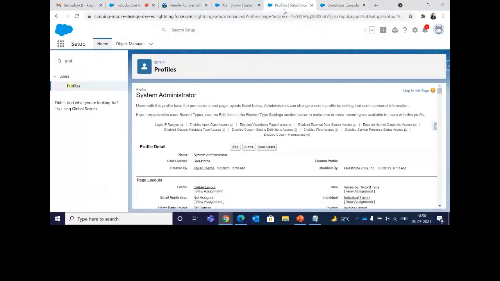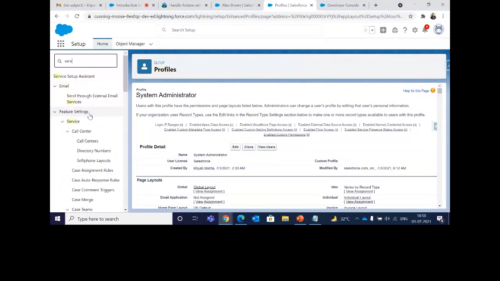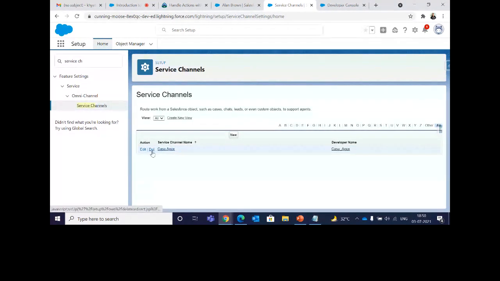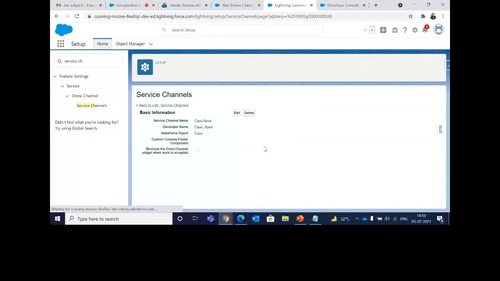I'll show you how. Go to setup, click on service channel. This was the second step in our skill-based routing. I've created this service channel named Case Apex. Click on Case Apex, and you'll see there's an ID in the URL. After this word, you need to copy this ID.